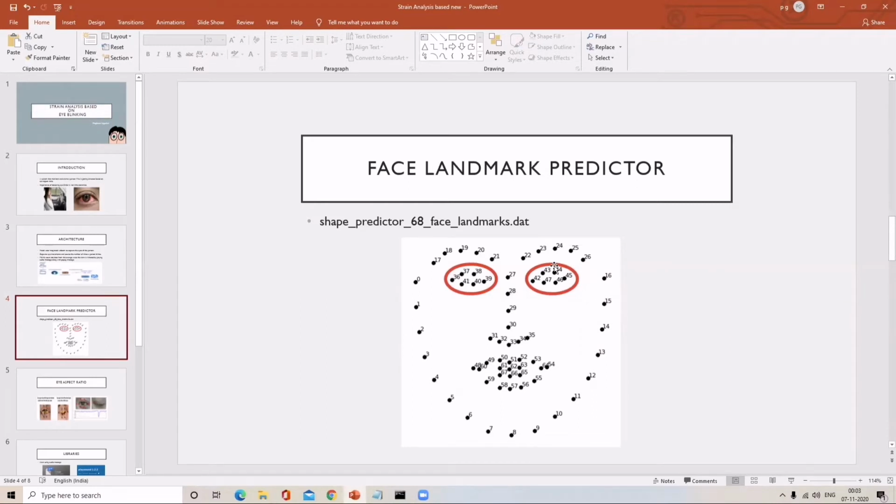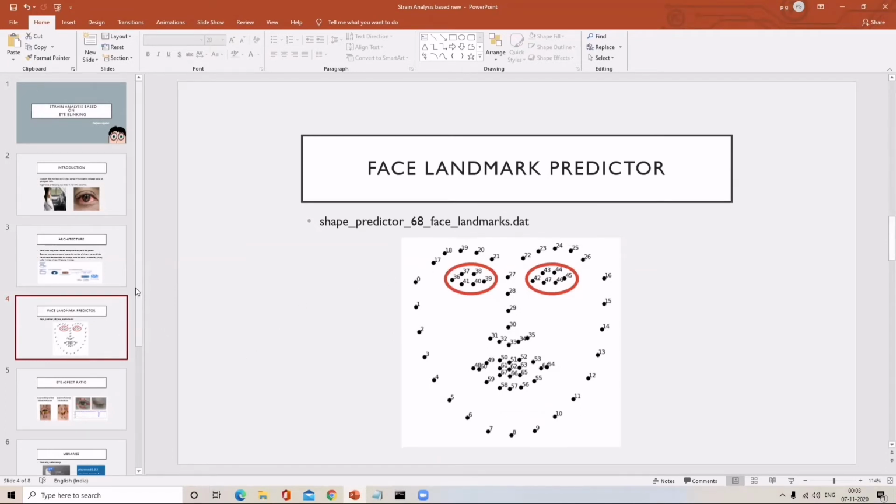So when we give an input video, it localizes the face in the given image and detects the facial features. Generally, it labels these regions: mouth, nose, eyes, eyebrows, and the jaw. In our project, for blinking, we only need the eyes on the face. So in our Python code, shape predictor considers the coordinates 36 to 41 and 42 to 47 and detects those points on our face to capture the blinks.